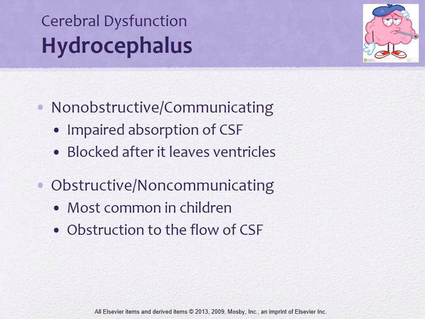With the obstructive or non-communicating hydrocephalus, this is actually the most common. This means that the ventricles are not communicating, so there's an obstruction somewhere in the ventricles themselves. Typically, the most common area is between the third and fourth ventricle. Remember that aqueduct of Sylvius that goes from the third ventricle to the fourth ventricle? This is where the obstruction commonly occurs. Not always, but it's common. Most of the cases could be from some kind of developmental malformation or defect, or if there was a trauma or a brain tumor in that area.